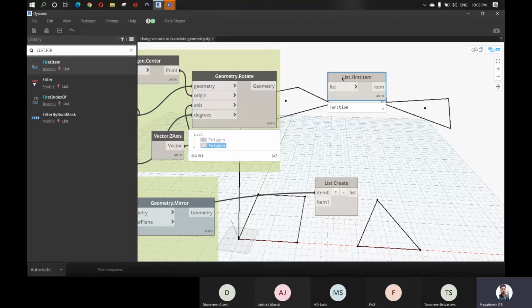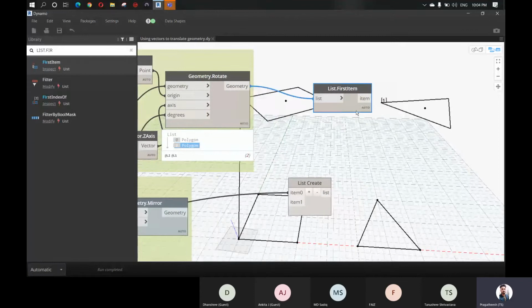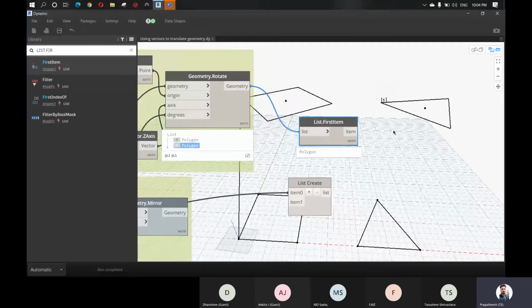Let's say if you want the item at index 0, you can just give a list as input and specify the index so that we can extract the data exactly from that index value. So here, this is my list. And I got the first item. Here the first item is the triangle, but we want the square, right? So we can use list dot last item.